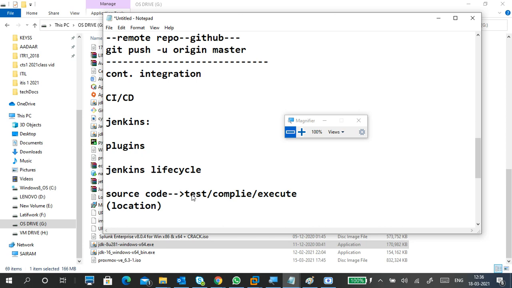Okay, you want to execute the source code, or ignore the spelling. You want to execute code, take the source code and execute it, or maybe you want to build it. Okay, so whatever you want, it will do that. And after that, what to do? The question is what to do. Do you want to publish,